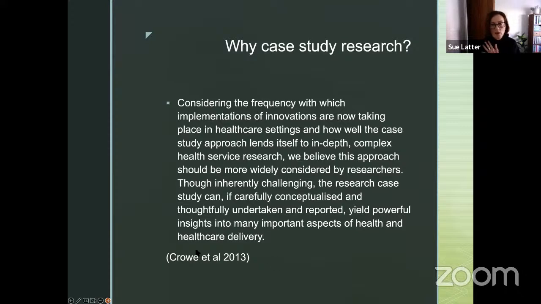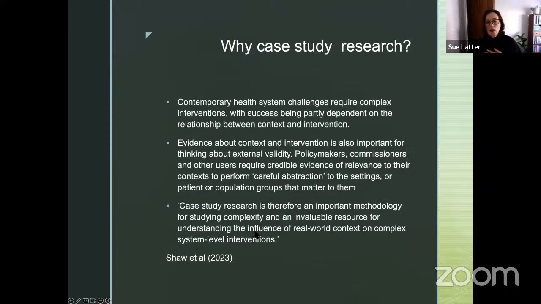I think my next slide is about a good paper, and it's on the reference list at the end, by a team that have actually developed some reporting guidelines for case study research. But they've thought about case study research in relation to complex interventions, which probably most of you will have read about, if not been involved in research on complex interventions. So contemporary healthcare systems require complex interventions. We know that, be it the introduction of paramedic independent prescribing or electronic prescribing in hospital settings,